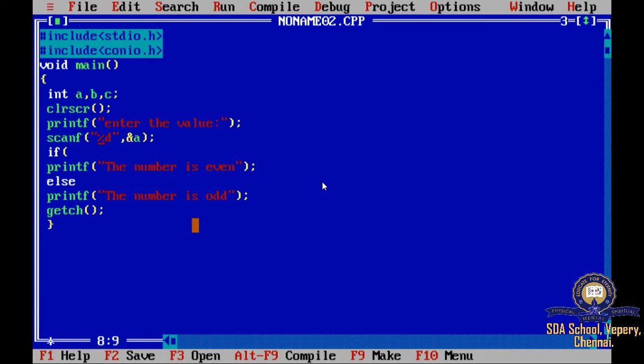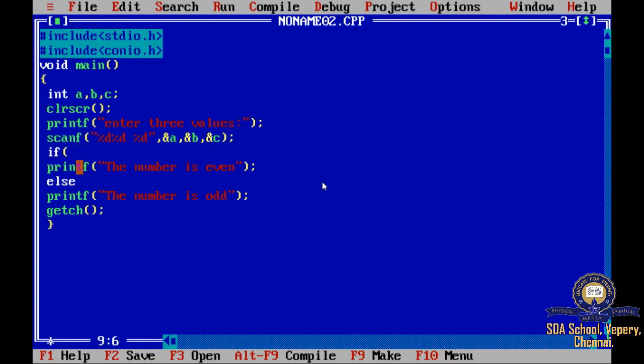So go for the scanf statement, %d and %d for all the 3 values. So what you have to give: comma, ampersand B, comma, ampersand C. I'll give here, enter 3 values, then only you can understand how many values you have to give. Or else you can type, enter the value of A, enter the value of B, enter the value of C.